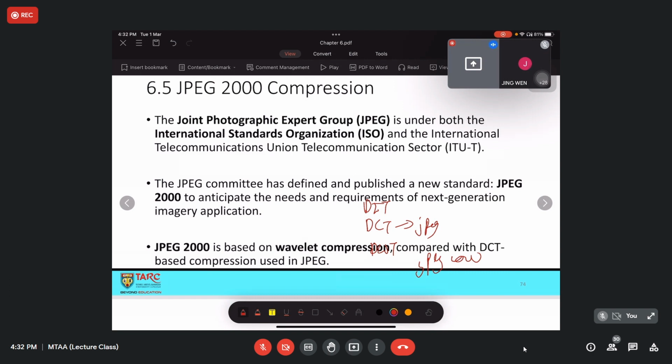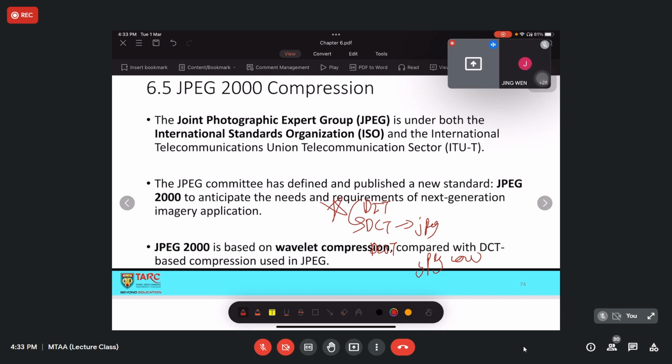The difference between DCT and DFT is that DCT does not require calculation of the complex, imaginary part, so the calculation of DCT is simpler than DFT. But anyhow, both DCT and DFT are actually in the frequency domain only.